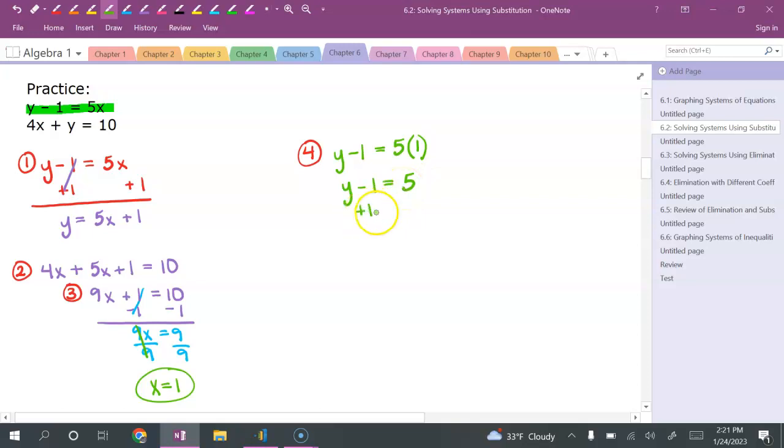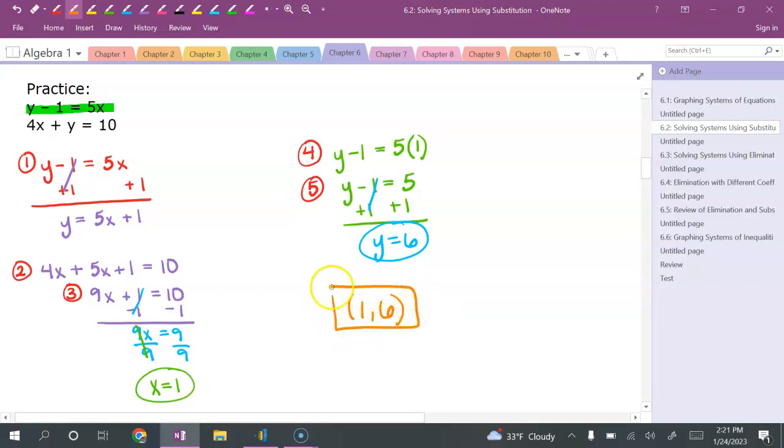I'm going to add 1, and I get y equals 6. And that right there is really step number 5, solving it. So my answer here is going to be (1, 6). That's my solution. Again, if you wanted to check your work, I would go back in maybe to that still